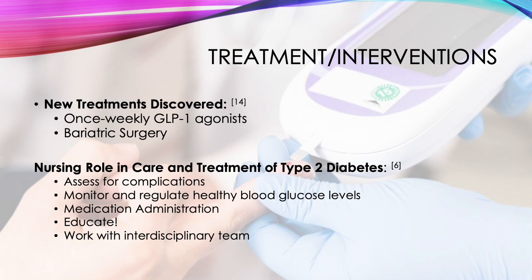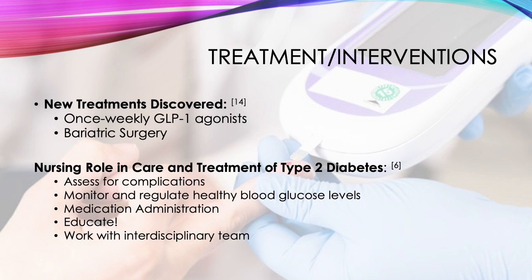The nurse's role in treatment of type 2 diabetes includes monitoring blood glucose and maintaining stable levels, safely administering medication, and assessing and addressing complications. Complications will be further discussed in the following section of this presentation. Additionally, as touched on throughout the treatment and intervention section, it is so important to educate the patient. Assessing the patient's education needs and providing teaching enables them to actively participate in their own care, successfully manage their condition, and reduce their risk of developing